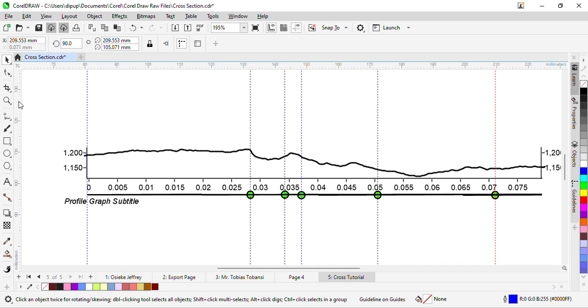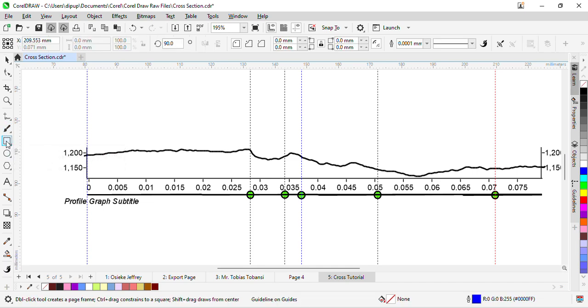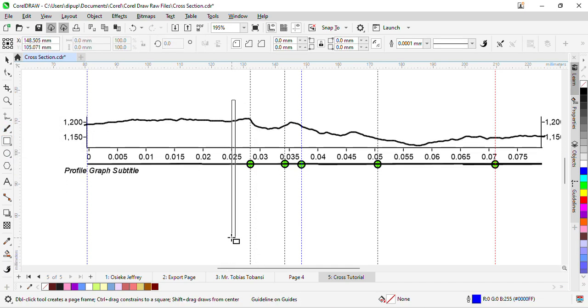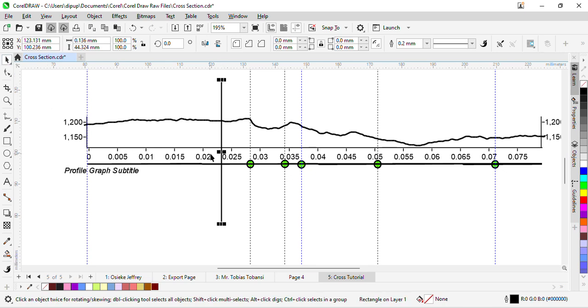So once you've done this, you just take a rectangular shape, click on it, then you create a line. Let's create a line here. So this is a line here. So the first line, you take it here. Second line, you can duplicate it, use Ctrl D, you bring it here,